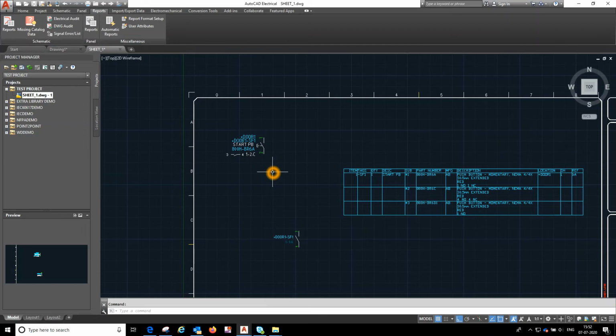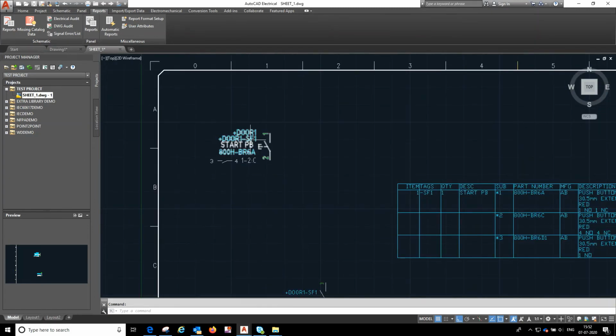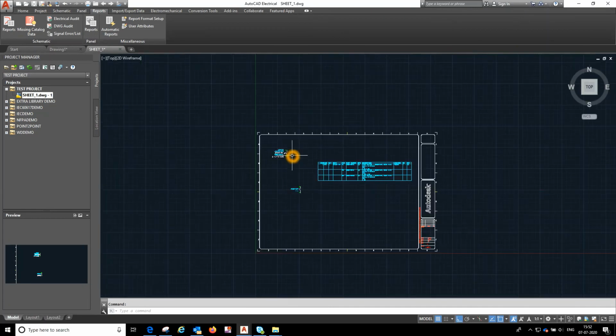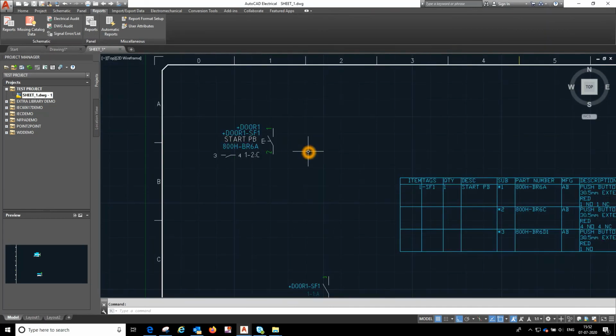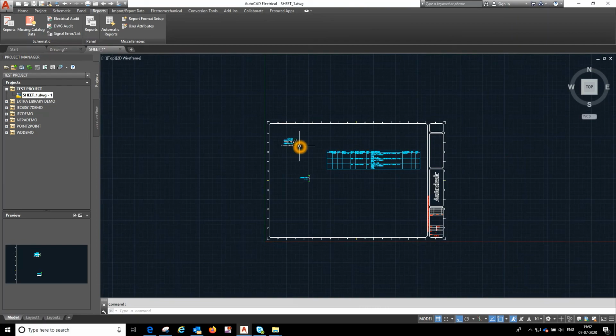If there is any problem, then you will look at the drawing and go to the particular component with the help of the tag number as well as the part number. See here in the mother component, the tag number and the part number are essential to troubleshoot any problem that occurs in the particular component.